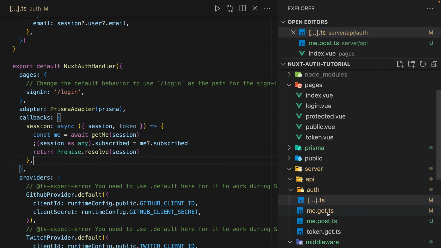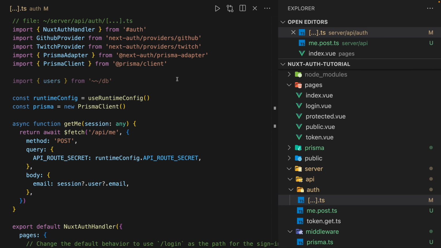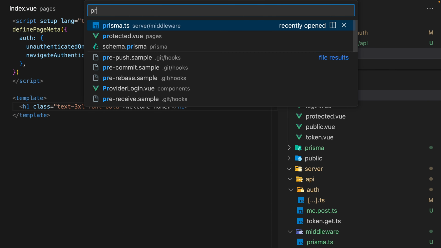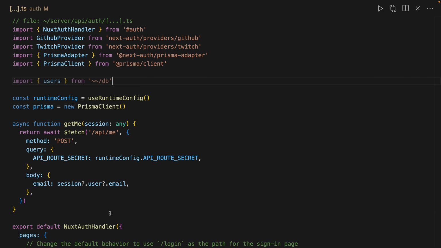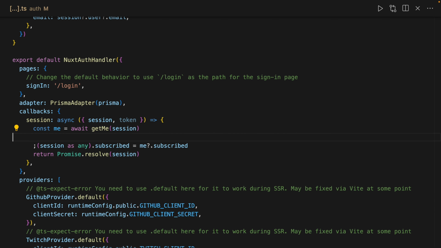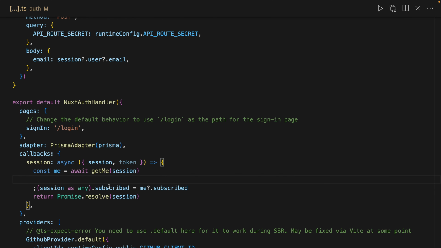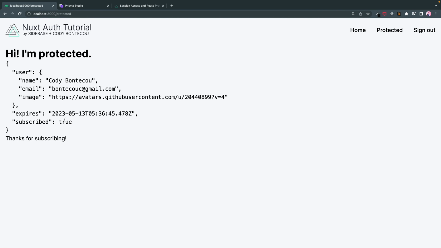For now, that's probably fine if we just delete get and just maintain the data flow between client and server through our useAuth instead. So if we go to protected, we just manage the session data through here. Okay, and there you have it. So if you see, we are able to get the user data, and then we're maintaining this subscribed value based off of the database value. So here if we go into protected, it's saying subscribed is true, and then we have our conditional